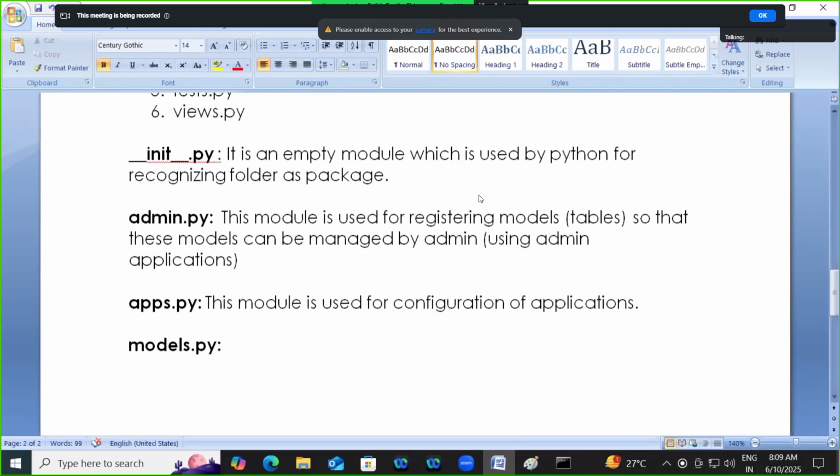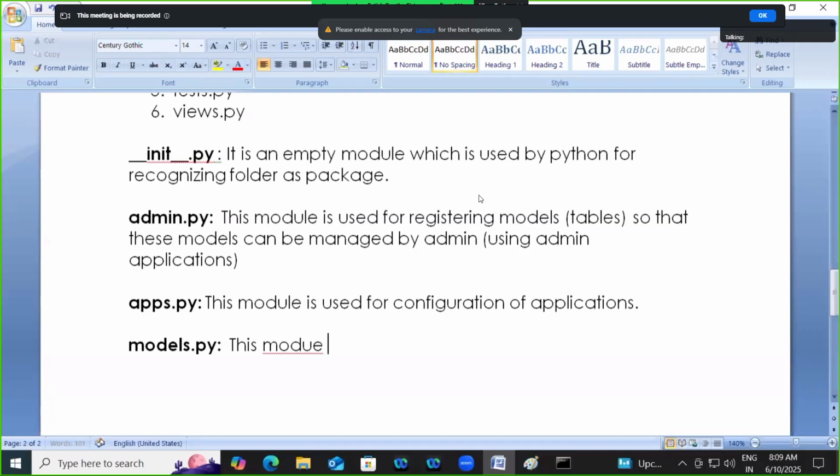Django says that if you want to configure admin, you write in what? Admin. If you want to configure apps, then write in what? Apps. If you want to build models, then write in what? Models.py. But if I change the name of the program, will it recognize or not? Not recognize. Understood? It is given some rules and you have to follow those rules in order to develop the application. Even though you write other programs, you need to call them inside these programs only. So models.py and this module